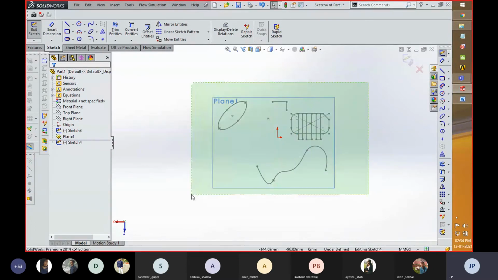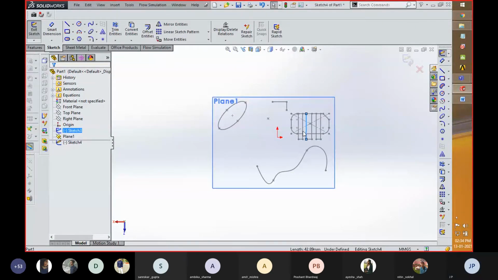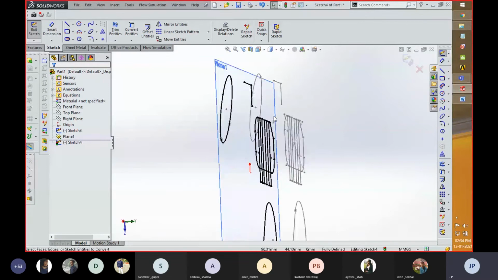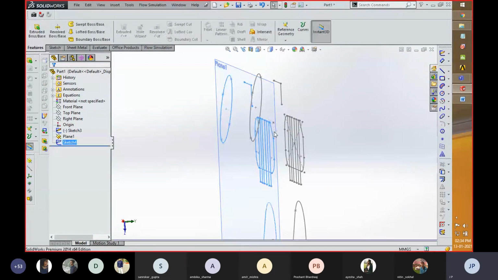Actually, sorry, I have to select each component as required. What it does actually, or you can directly select the sketch and then click Convert Entities. So you see over here, two different sketches are created. With the help of Convert Entities, this is a very good feature of the software, you can create multiple copies of a complex sketch as per your need at any plane you require. So this is the method with the help of which you can use Convert Entities.